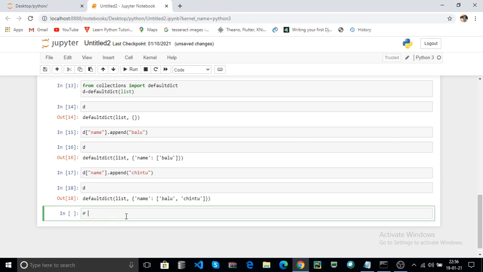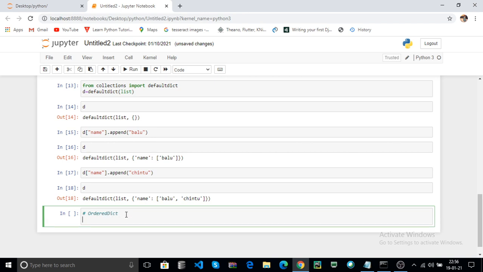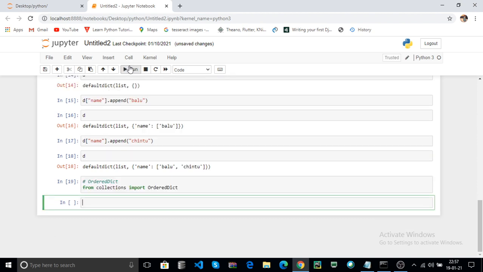Now the next function is OrderedDict. Now import the OrderedDict from your collections module. Now click on run. After importing you can use it. Now what is the difference between dict and OrderedDict?